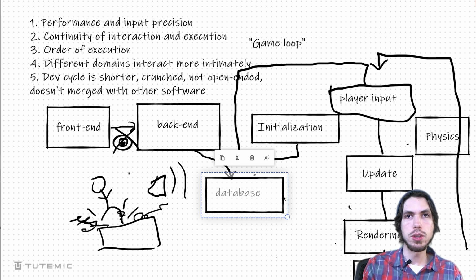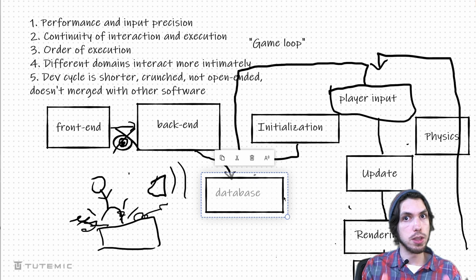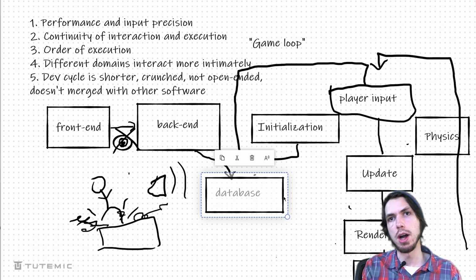With games, you can't just say, oh, we're going to move the boss fight to a different version of the game. No, the boss fight's got to be in there, and it's got to be done and ready and amazing, right from the beginning. It can't just be something you push off to a different update.